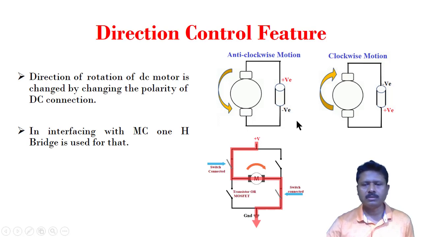Another one is the speed control. Both are required for the robotic application. Say for a particular robot, if we want to move the robot in forward direction, then say at least two legs are there, one on the left side and one on the right side. So if we want to move the robot in forward direction, then this should be in a particular direction so that it will move forward. This will be in the same direction so that it will move forward.